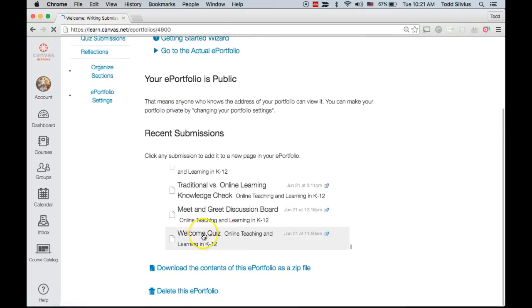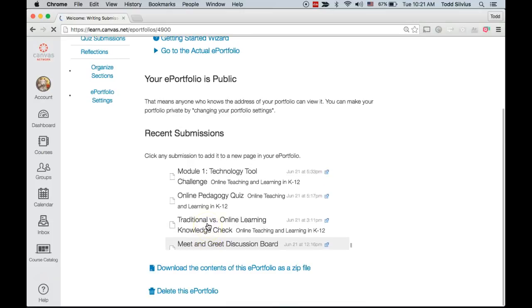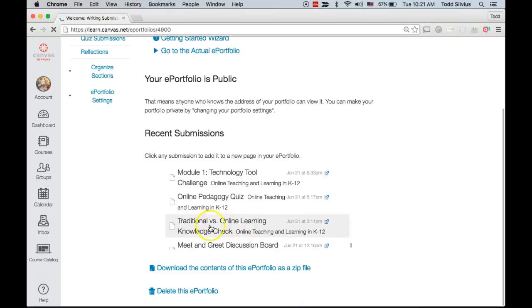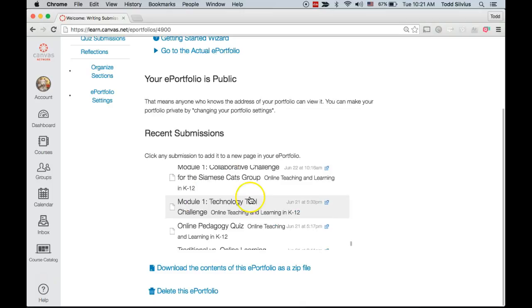So right down here, here's a quiz. I'll add that to my quiz submissions later on, but right now those are discussions. I don't want to add that. Here's a knowledge check. That's a quiz tool too. Another quiz tool. Here's a technology tool